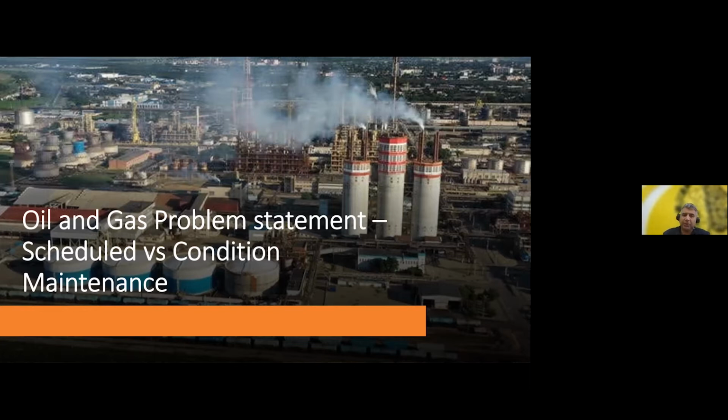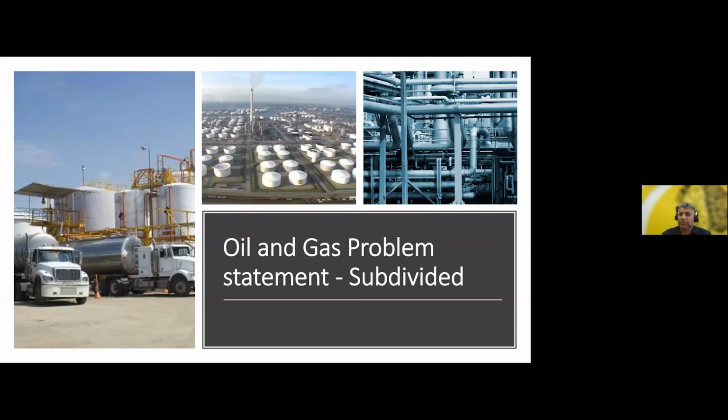So how can you look at the oil and gas problem statement if you had to break it down? This is how we would approach it. You've got 3 sections within the company: your fleet management, your distribution, if you like, problem statement; your container problem statement; and your pipeline problem statement. Now, maintenance is needed across all of those 3 sectors, but you have to break down where the actual maintenance issues are with each of them. You can't apply the same AI for scheduled maintenance on these 3 areas.